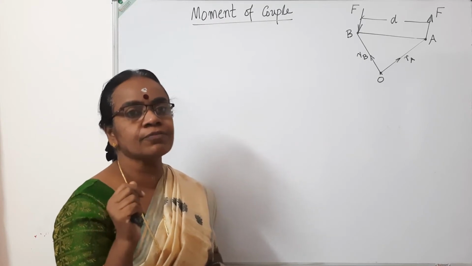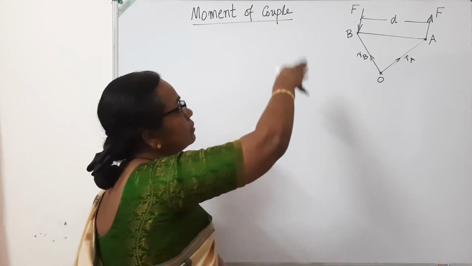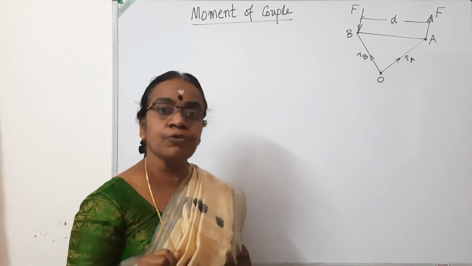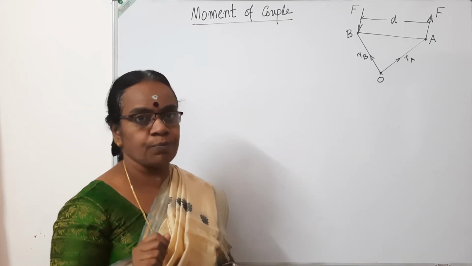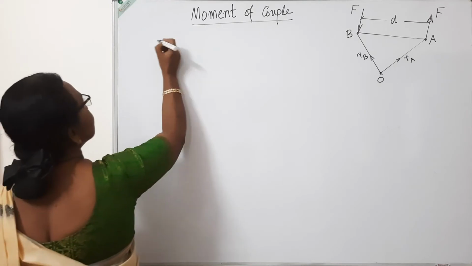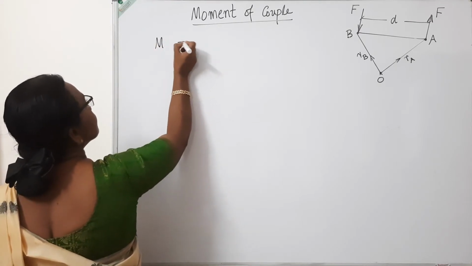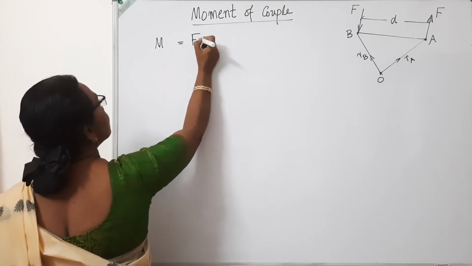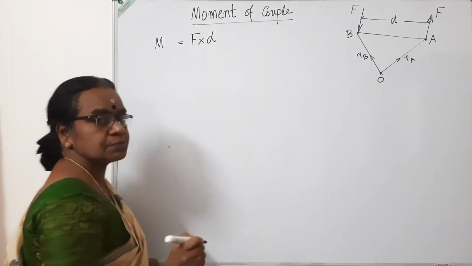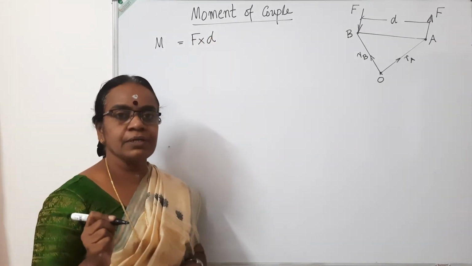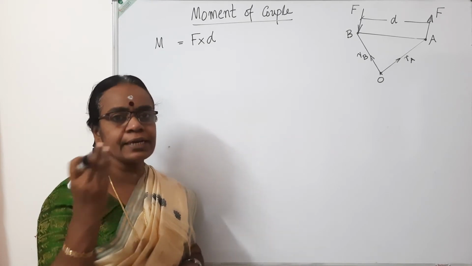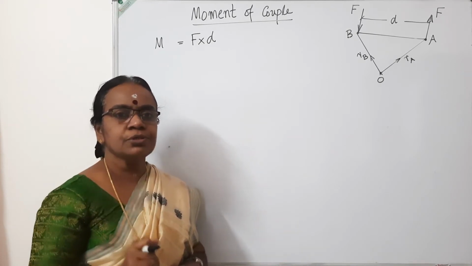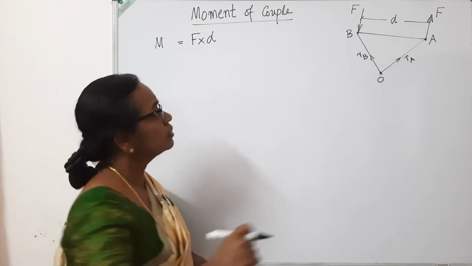If you take the resultant in magnitude, the resultant force is 0, but it will produce a resultant couple or moment. And the moment of the couple M is equal to one of the forces into the perpendicular distance between them. Moment is equal to force into perpendicular distance between them. But in two-dimensional analysis, it was easy. When you come to 3D, let us see.